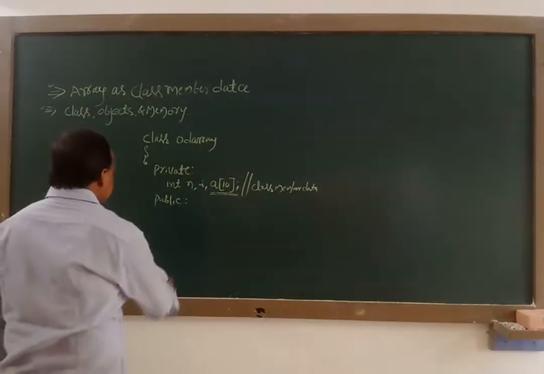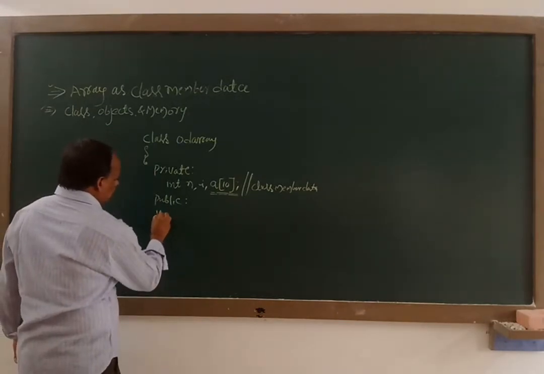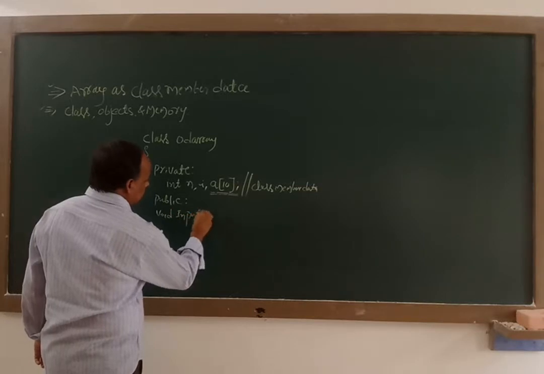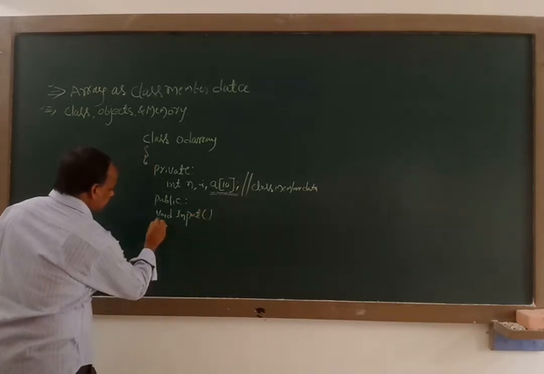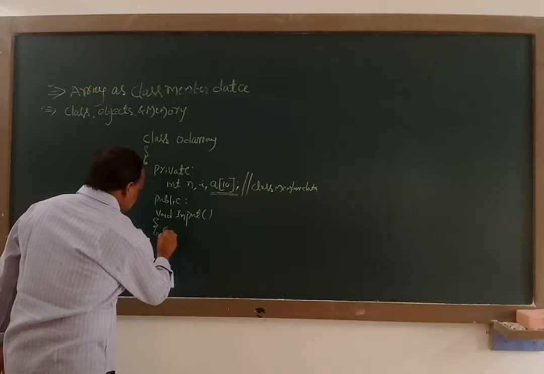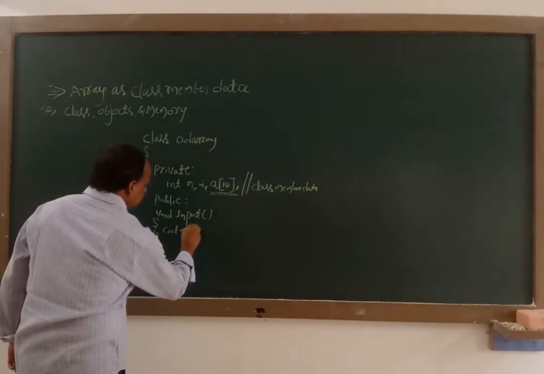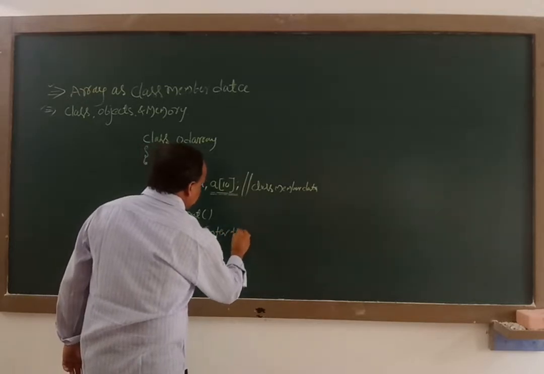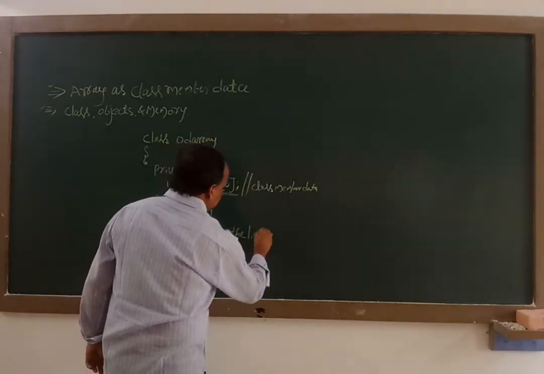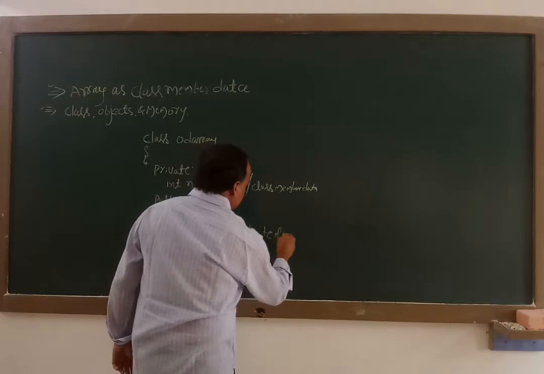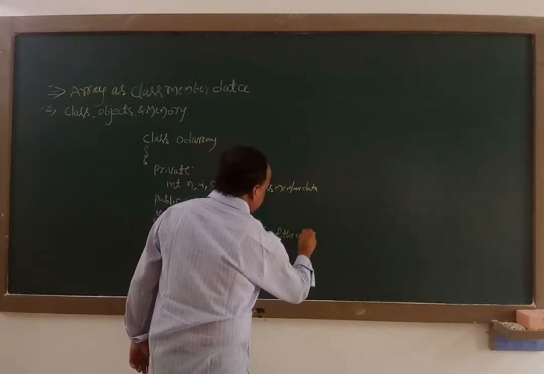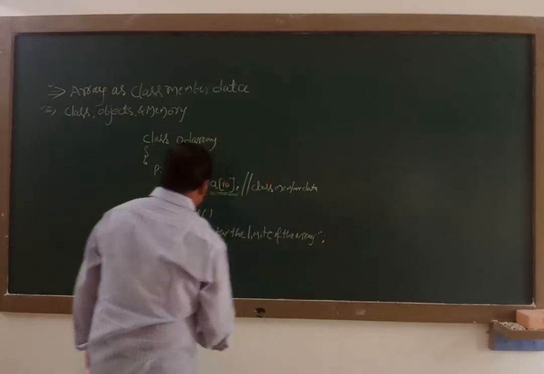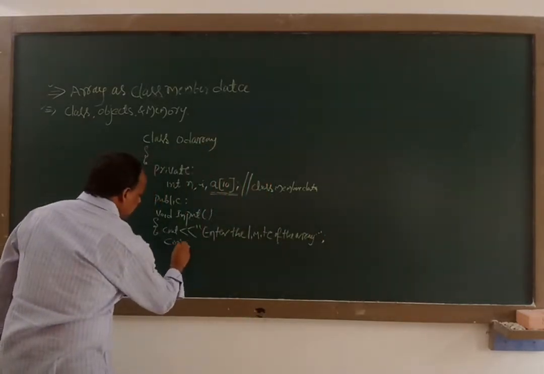Therefore consider in public section void input function, cout enter the limit of the array, cin n,